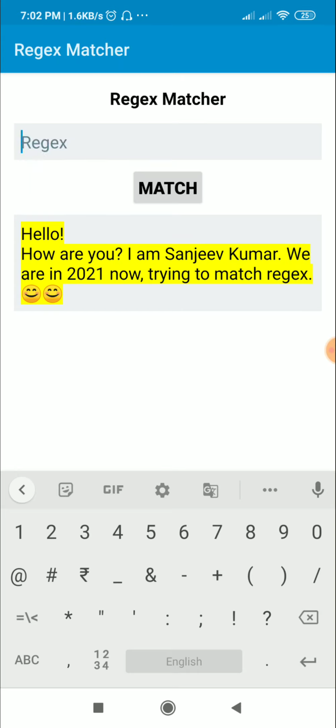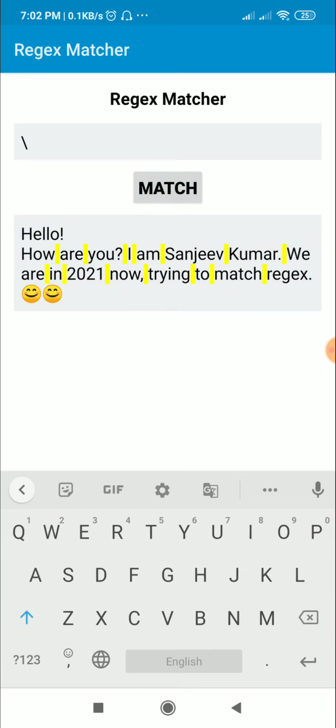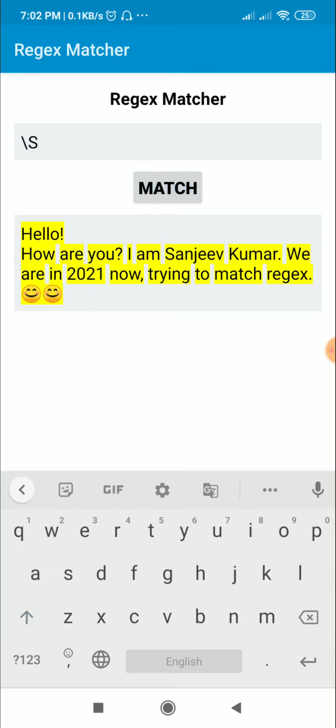And if I write \d, it will match all the numbers, and \s will match all the white spaces, \S will match everything which is not a white space, \w will match all the letters and digits, means letters and numbers, and capital \W will match everything which is not a letter or a number. So it will match everything including white spaces and symbols.